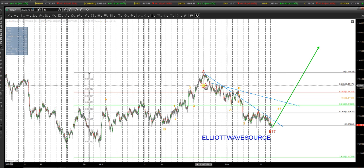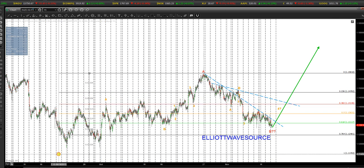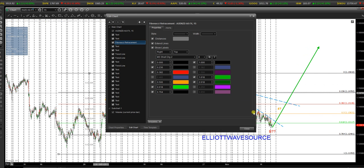So as you see, we got wave A and C equal in distance, and then wave B, that larger wave A, the wave B to that cycle is at that 0.618 mark, Fibonacci mark. So it did a 61.8% correction, and then now we're anticipating that it has ended, and now we're going to be entering wave C. And as we take a look at these subwaves,